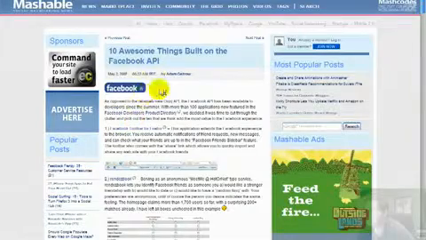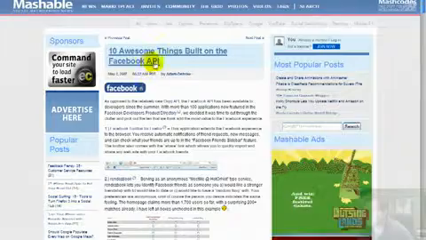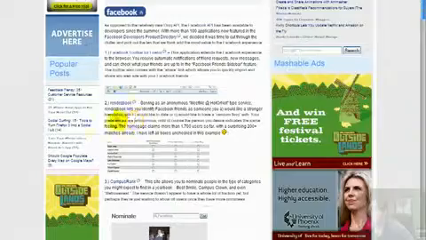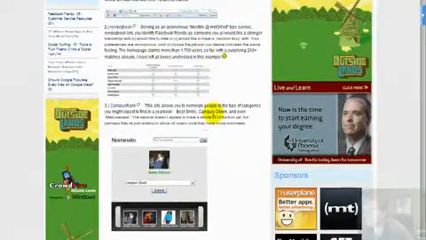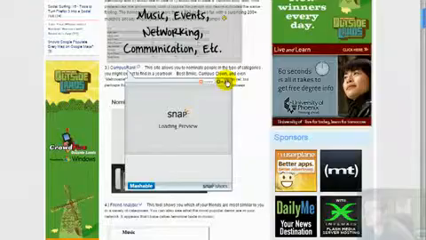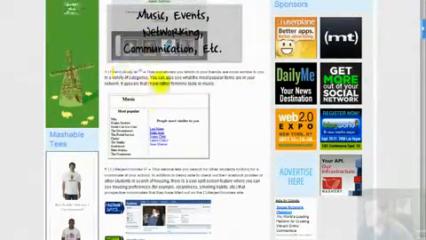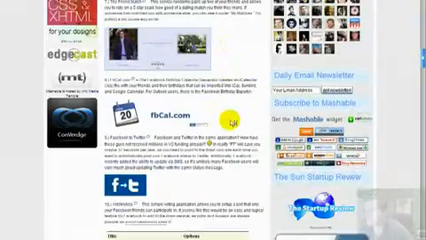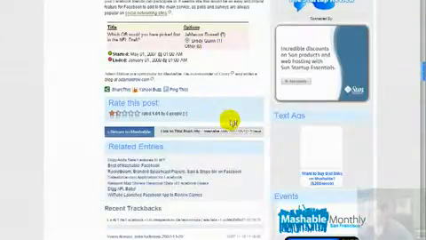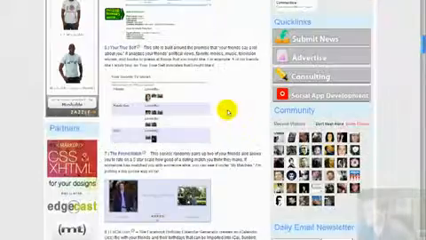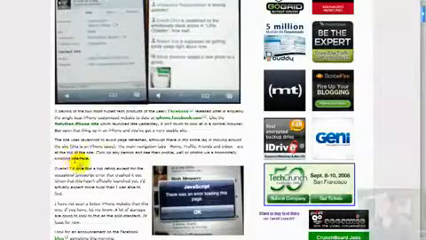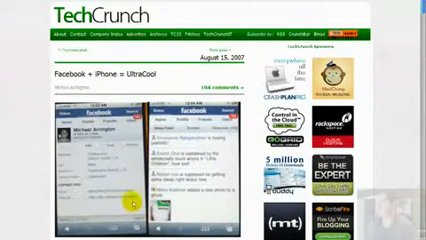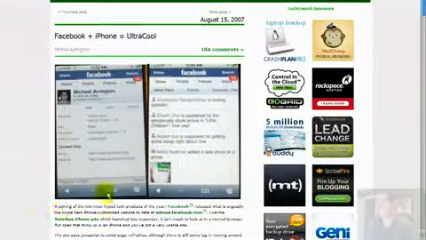This is just a random blog entry on 10 awesome things you can build on top of Facebook. And so what's happening is developers are building all kinds of tools that build toolbars into browsers and little things where you can basically meet people, things you can do on your college campus, ways to analyze friends and their behaviors, college roomies, your true self, the friend match, all kinds of just creative different things that are popping up all over. And that's really the power behind what is Facebook. Add to the mix that Facebook is now on the iPhone, and you've got a cool application that goes along with you right in your hand to stay in touch with your friends and keep in touch with your contacts.